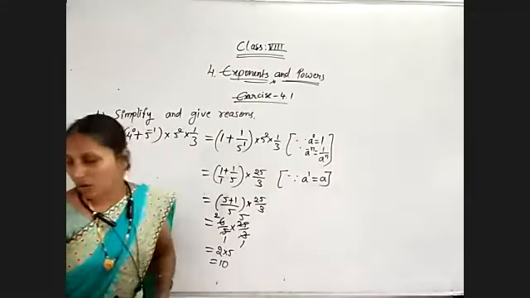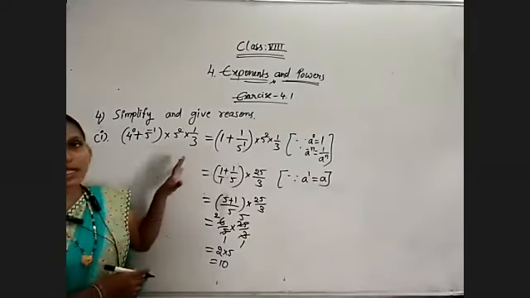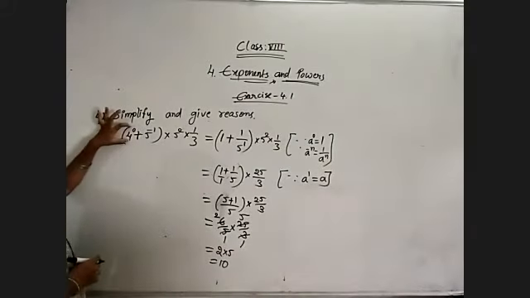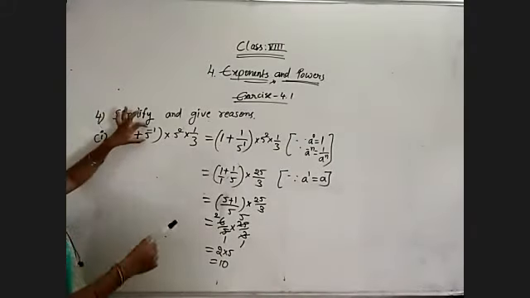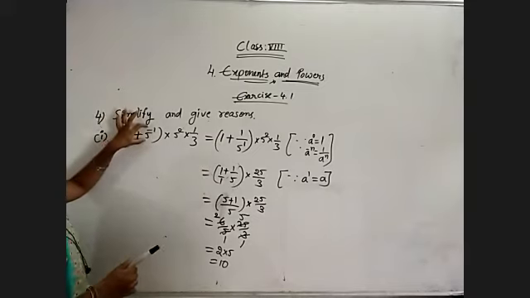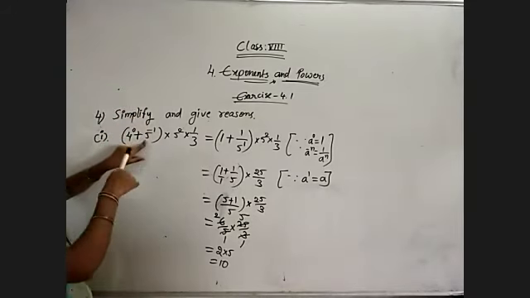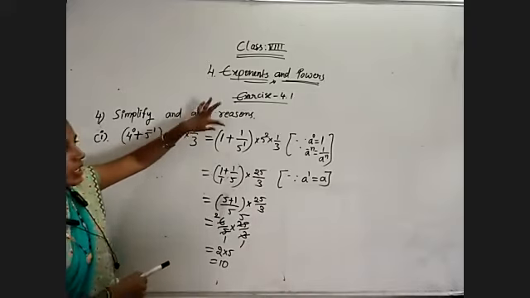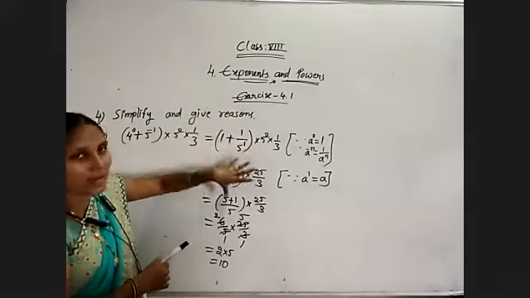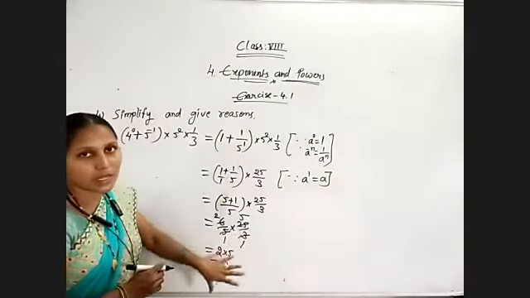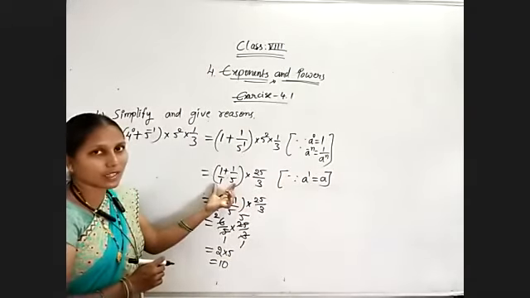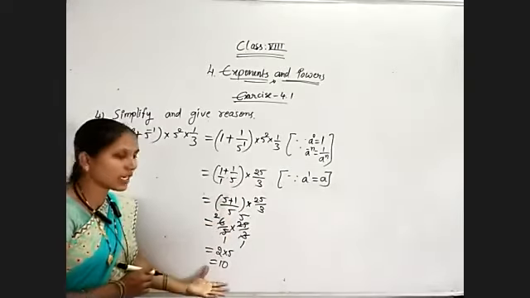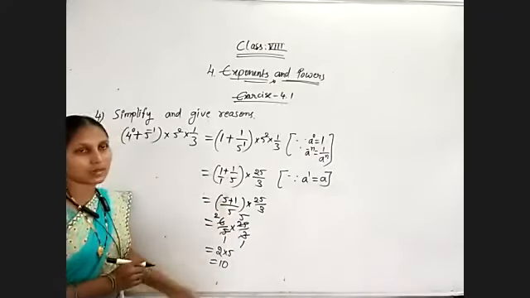Okay. Now coming to the second problem. So I'll explain again. Any power 0 is 1. A power minus n is equal to 1 by a to the power of n, that is 1 by 5 to the power of 1. And any power 1 is that number itself. And according to the BODMAS rule, we need to simplify the brackets first. So simplify the brackets operation, whatever is there. After that, you will get the answer by simplifying the term.